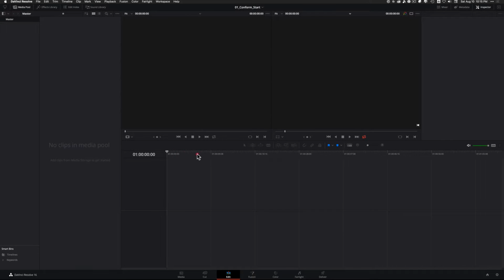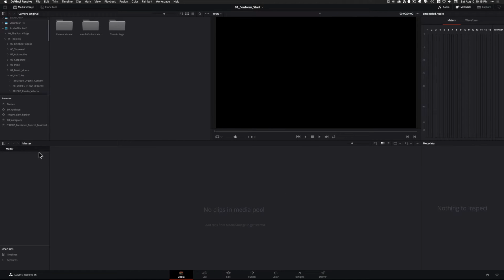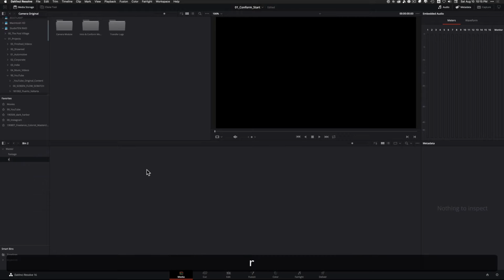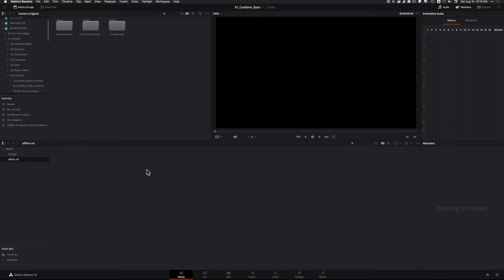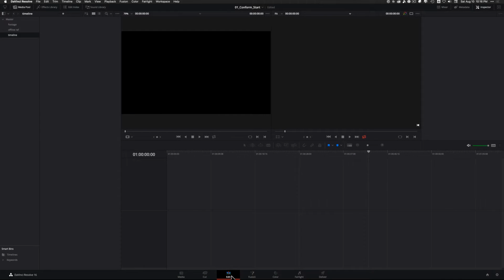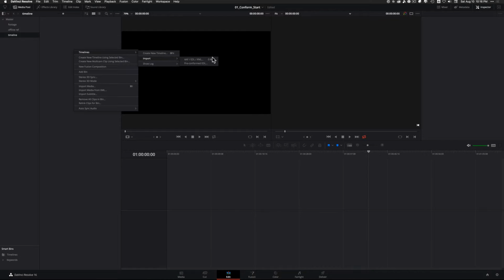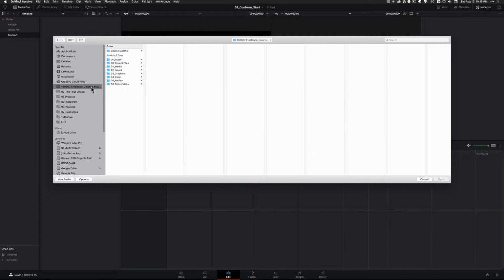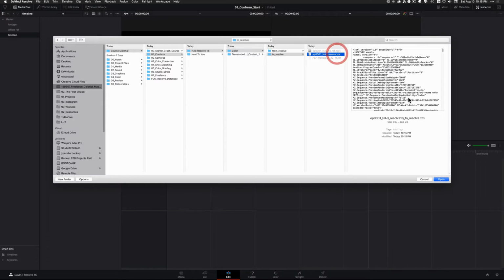And then once I'm inside here, I want to do somewhat of a similar thing, like where I want to create some folders here. So usually what I do is I create a folder called footage, and then I create another folder called offline ref, and I create another folder called timeline. So let's just keep it super simple, keep it like this, okay? So let's go under footage. Actually, let's go under timeline and switch over to your edit page. And here what you want to do is right click, timeline, import XML,